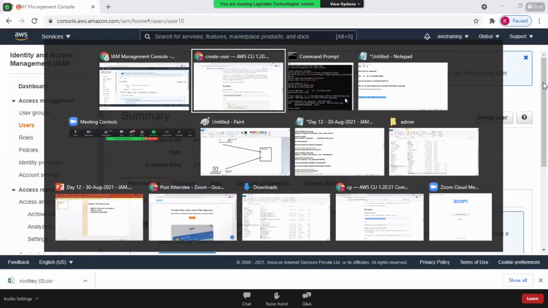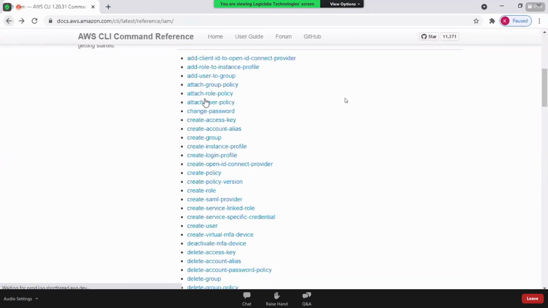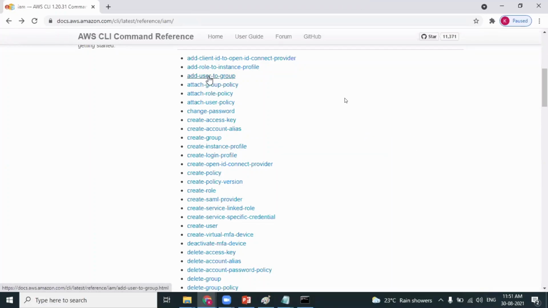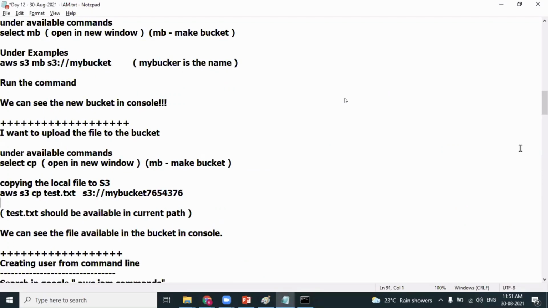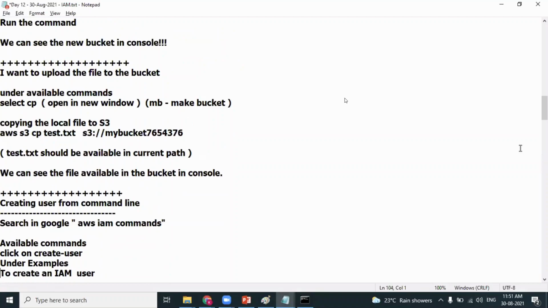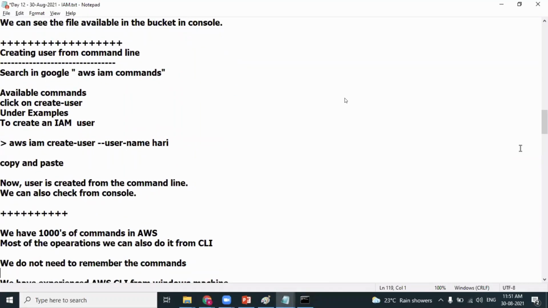Can we attach a policy? You should be in a position to search for the command and run the right command. Okay, create-policy and add-user-to-group. What will it do? It will add a user to the group. Okay, create-group. So please spend some time. There are a lot of commands which help you to make yourself comfortable with the command line interface. There are many people who feel the command line interface is a much better way of working than the console access. Okay.